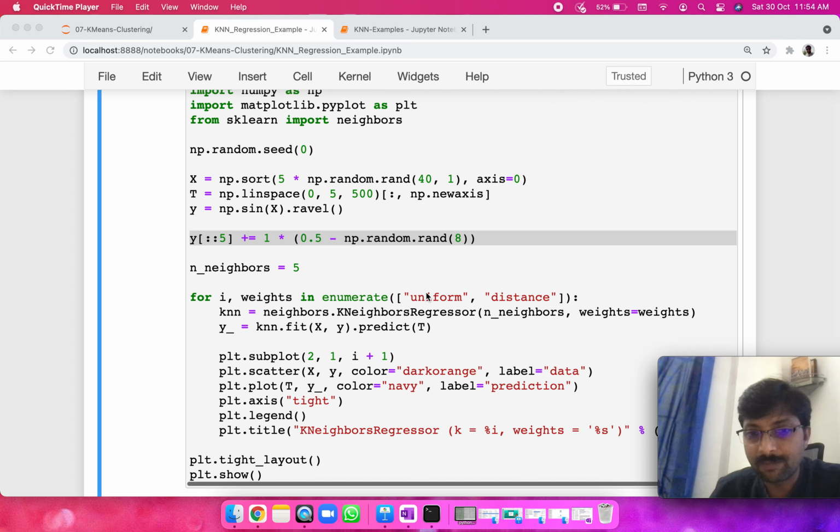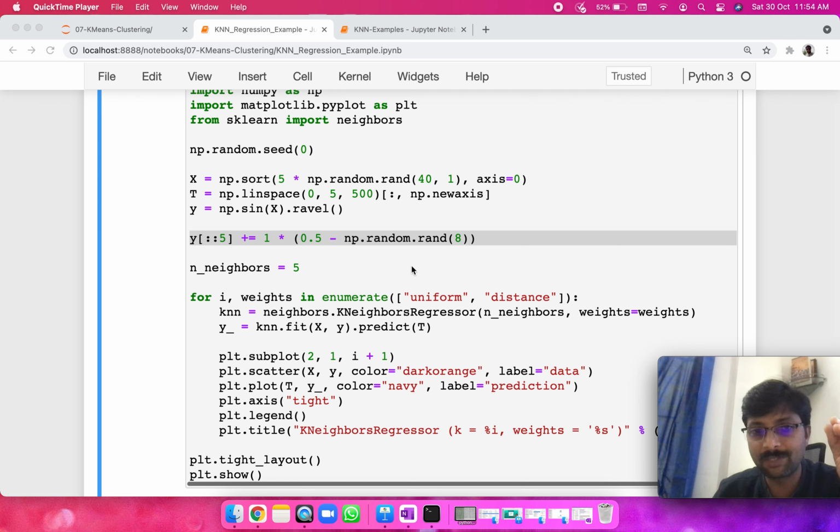If you recollect, for uniform weights, the distance doesn't matter. All it looks for is the 5 nearest neighbors, and each neighbor has an equal weight, no matter what the distance is. So each neighboring point, irrespective of distance, will have the same weight. Whereas if we give distance-based weightage, the farther the point is, the lower the weight is. Based on that, the appropriate mean would be computed when the outputs are being taken.